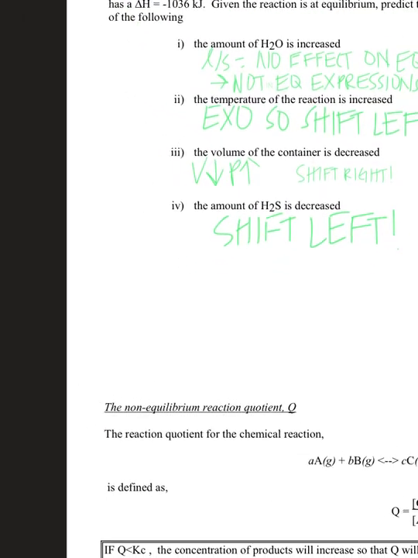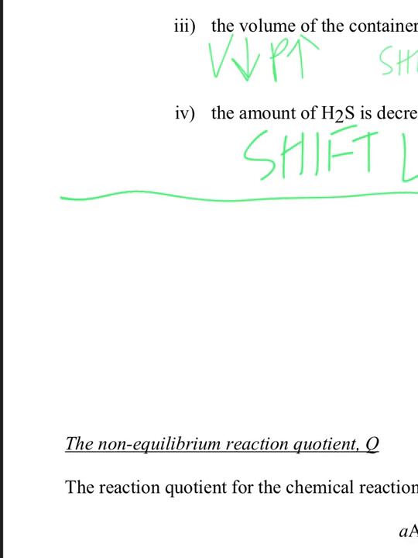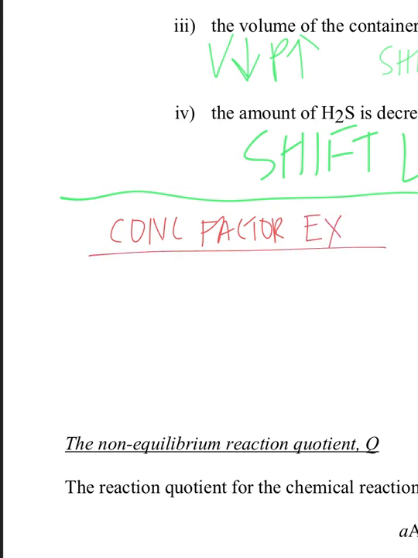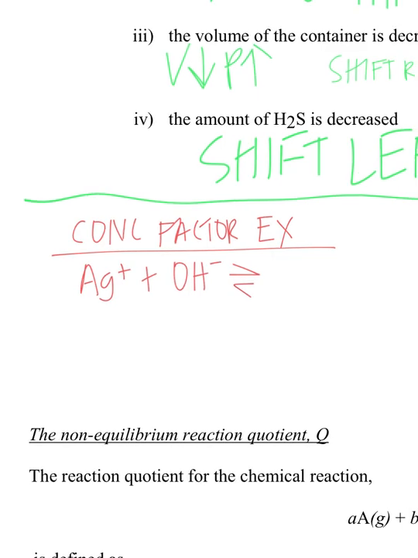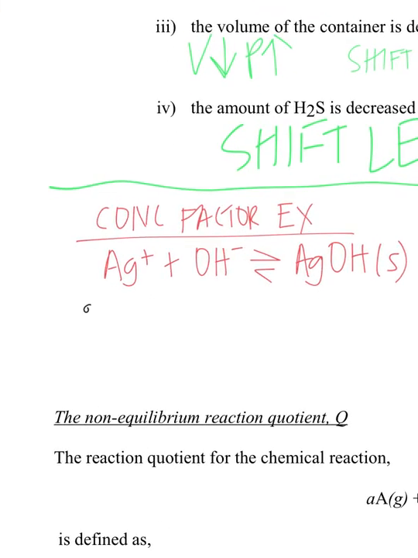Awesome. Then I did want to talk about something really quick, a little bit of an example with concentration. This is a concentration factor example. Again, these are factors that affect equilibrium. Say I had silver plus hydroxide yielding silver hydroxide as a solid. I just want to go through a few scenarios. So if I added chlorine to this,